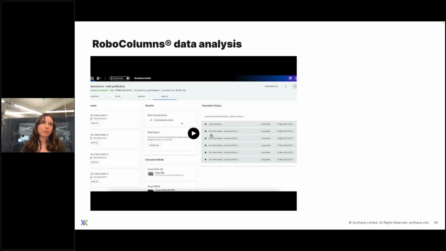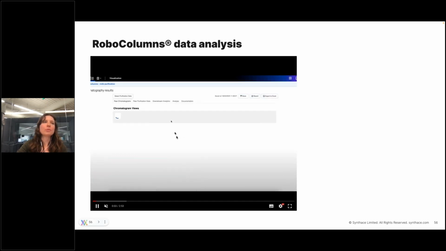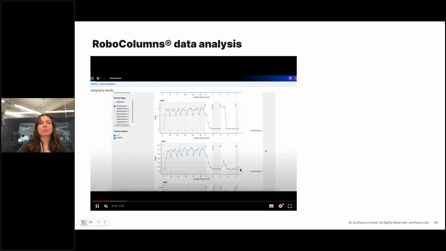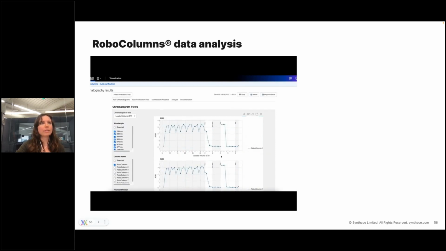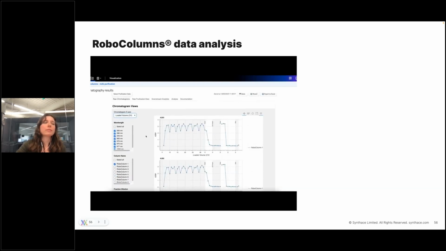But the point I really wanted to highlight, and that's really, to me, the biggest gift, is the data analysis app for this application. So imagine you've done your run. All you need to do is click on chromatography results. And in the first tab, you already have raw chromatograms available. So this is just the raw data plotted against the loaded volumes. But alternatively, you can also choose the fraction number, and you can select and deselect whichever RoboColumns you want,